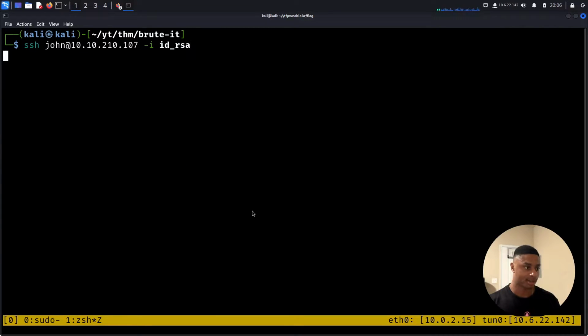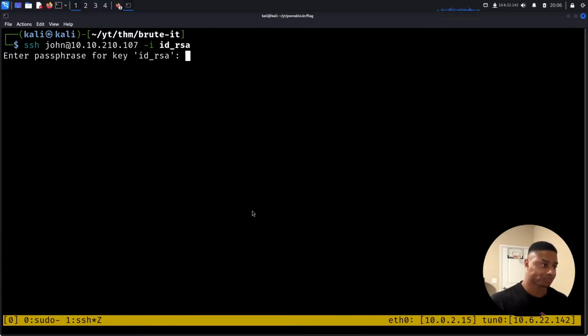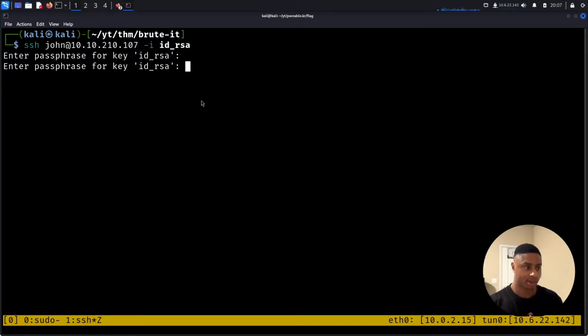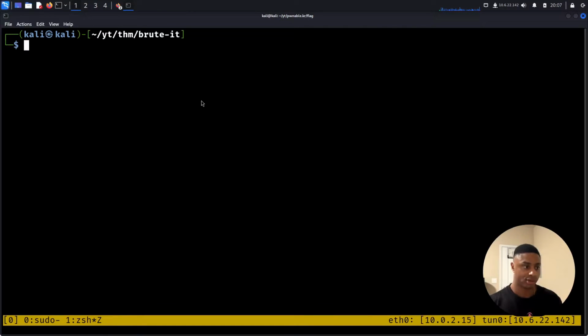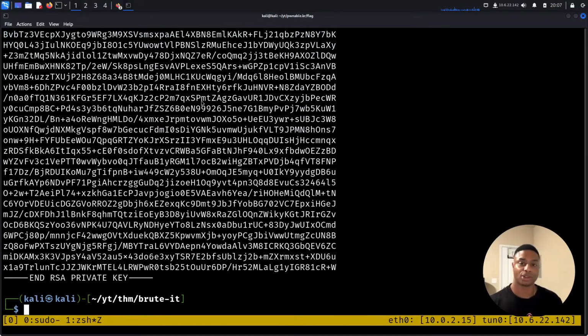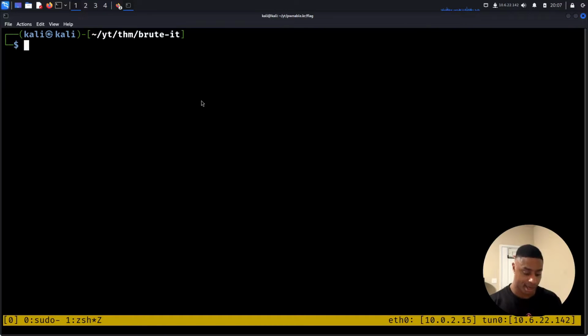Now let's try to log in. Better, we don't get that warning banner, but what we do get is enter the passphrase. What? We don't have his passphrase. We can try Xavier, see if there's password reuse, and there's not. So how can we take this id_rsa key and turn it into some type of a hash that we can crack? Well, I'm glad you asked because we have